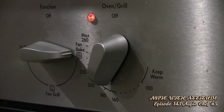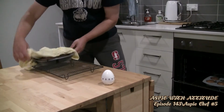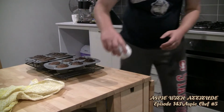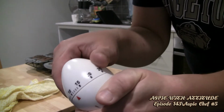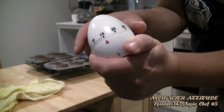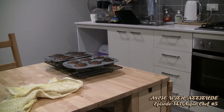Well, the bell just went off, so it's been 180 the whole time since I started cooking. Now, I'm ready to take the cake out of the oven. And what I'm actually going to do is set the timer for 15 minutes, just allowing it to cool. Well, this is the first time I'm actually baking a cake, matter of fact,